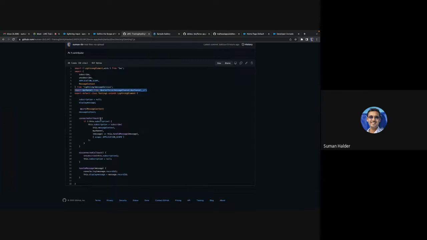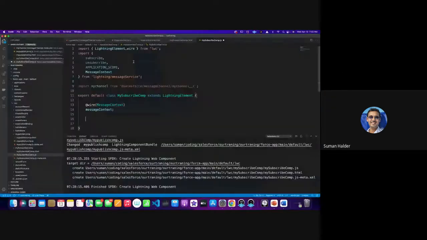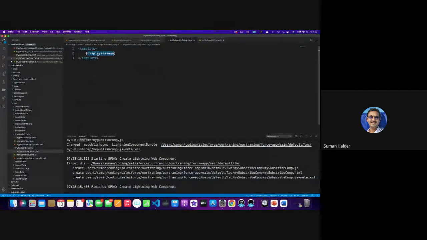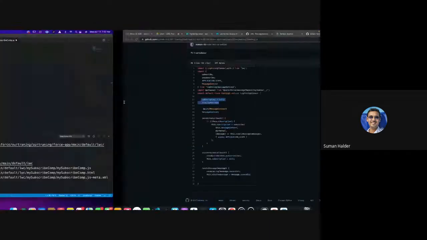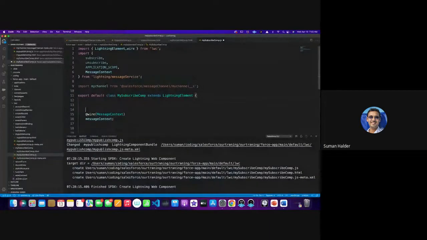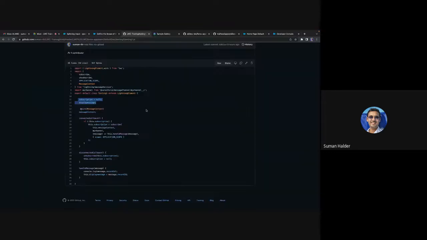Okay. Now display message is the message that I want to display. If you look here, this is the display message I wanted to display. So for that I need a variable. I'm giving a variable so that it can be used. And subscription is just another variable which I want to set up to confirm whether it is already subscribed or not, right? So now in my connected callback,